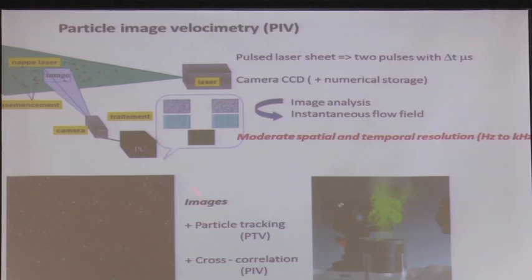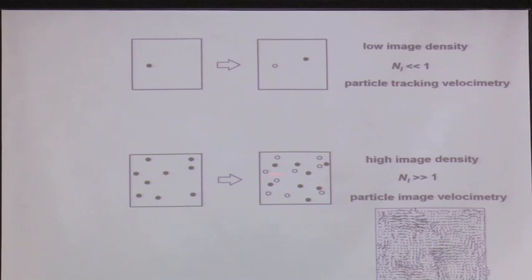So what is the technique? The technique is you take an image, like stars in the sky during the night, and with your laser, you shine the scene, and with the camera you record that with a certain frequency. Okay, so you take maybe 1 frame per second, 10 frames per second, 100 frames per second, and then you have doublets of images. Okay, so let's say that on the first image you see the black dots. On the second image you see the white. So these are the same, of course, but you have 2 images, and then you compare the 2 images.